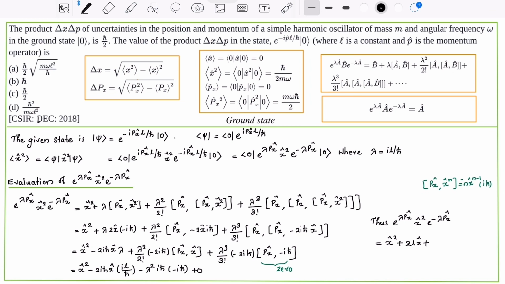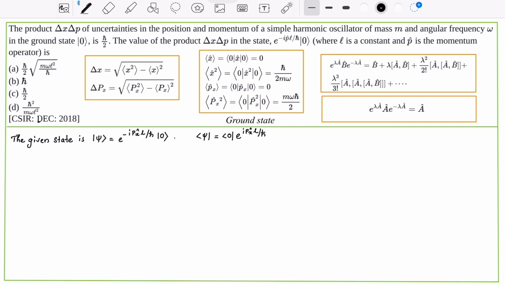So our answer is x square plus 2lx plus, it is not plus, it is minus h bar square into minus l square by h square, that is equal to x square plus 2xl plus l square. Therefore, e raised to lambda px x square e raised to minus lambda px is